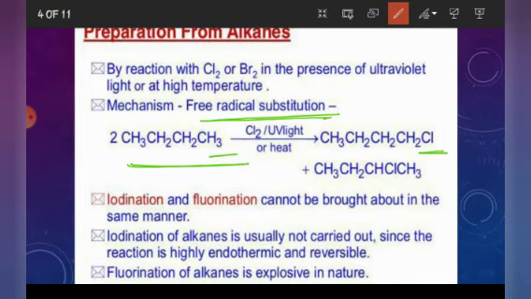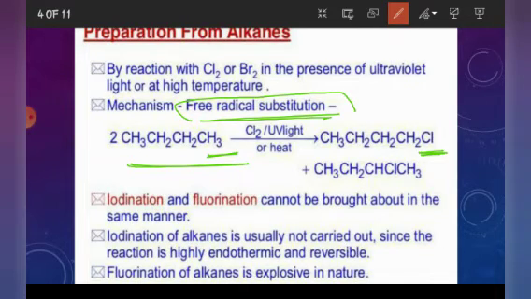Now as you can see, it follows a free radical chlorination or bromination of alkanes. It will give a mixture of isomeric mono and polyhaloalkanes. Now one by one this halogen can be replaced as this product is written, and subsequently many products can be formed, which forms a mixture of isomeric mono or polyhaloalkanes. And this follows a free radical mechanism that you have studied in your 11th as well.